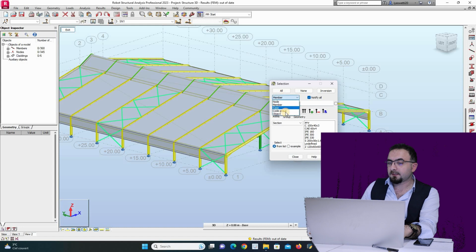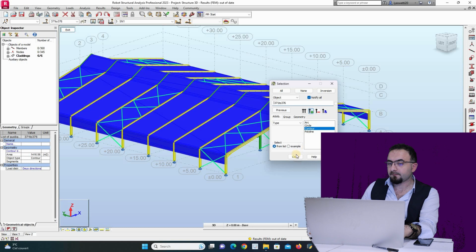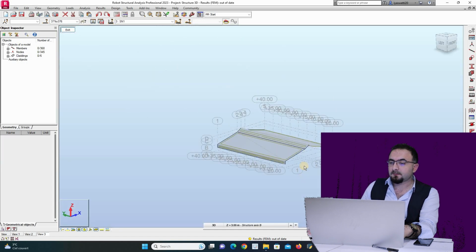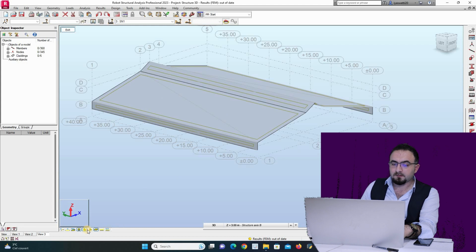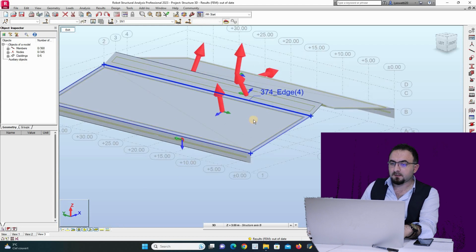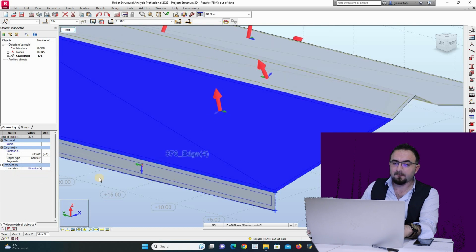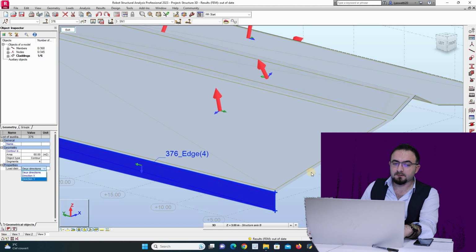So I can select the cladding, isolate it, and then this cladding is along axis X, this Y,